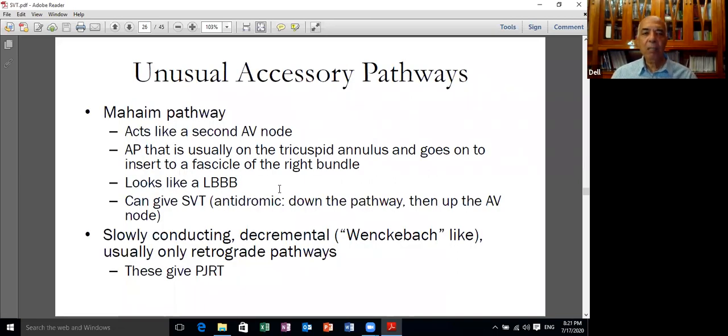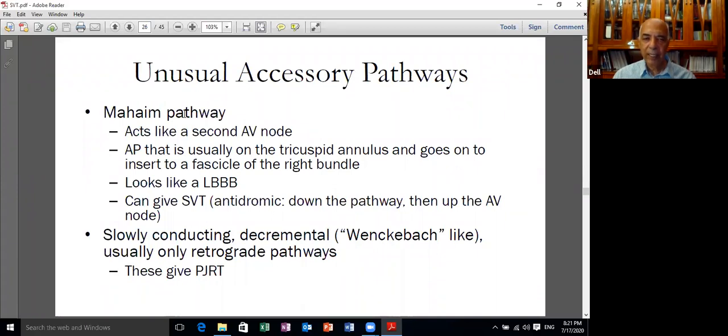Now we have many actually, but the two important unusual accessory pathways are the Mahaim pathway, rare but important to recognize, and then the posteroseptal decremental pathway, which is responsible for the permanent junctional reciprocating tachycardia that we were pointing to just shortly. So what's the Mahaim pathway? The Mahaim pathway is actually another AV node